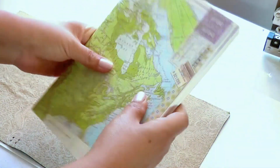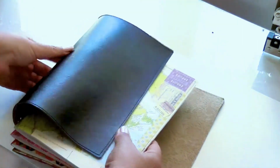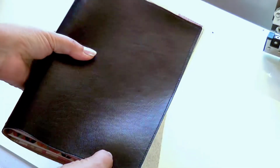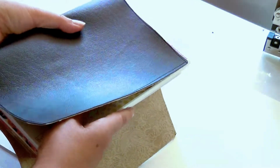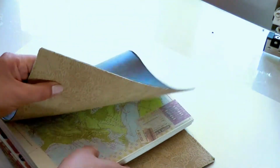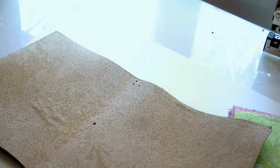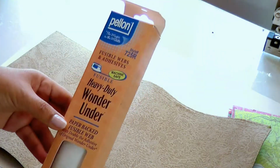Okay, but I also want a cover for this. In order to have a cover, I use this vinyl that resembles leather, and I like it because it's not leather, but I want it to be a little bit thicker, and to do that I put some fabric in the back. To put the fabric, I use some